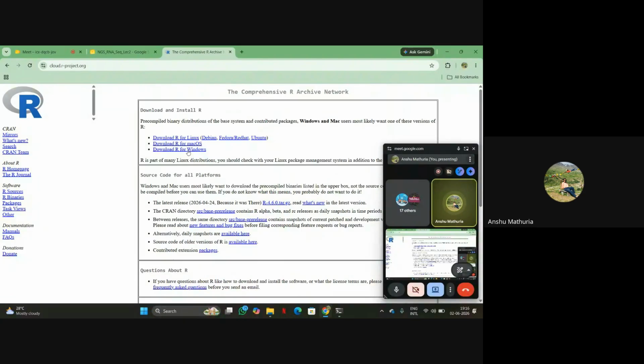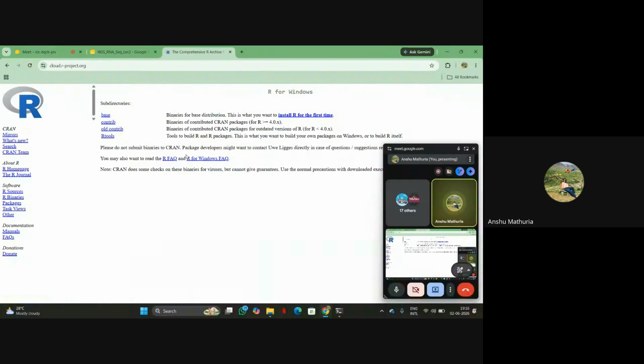So you have to click download R for Windows, and it will start. It will take you to a different web page, and from there you can start downloading. So you install R for the first time. It will keep on showing you the steps, and you install R, and then R is